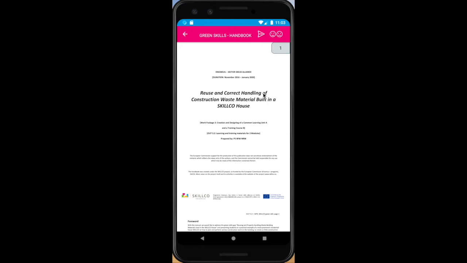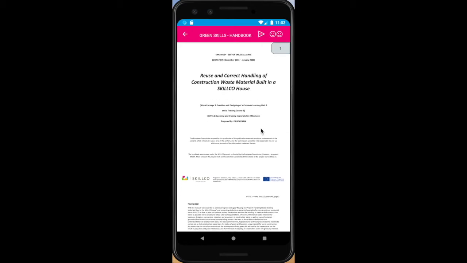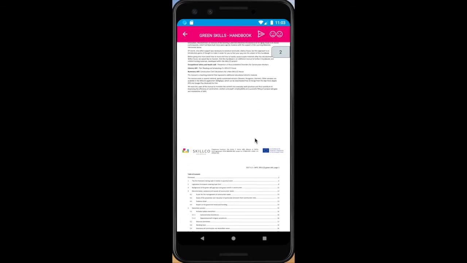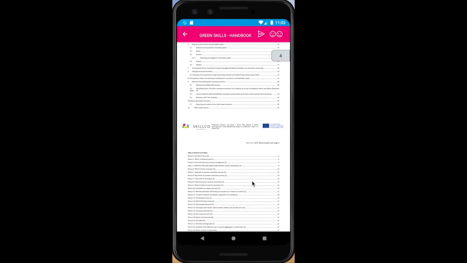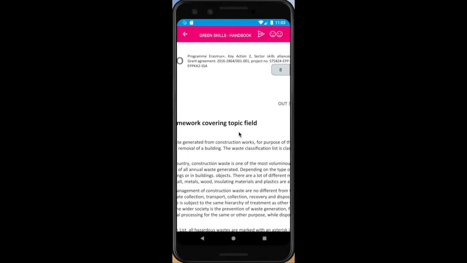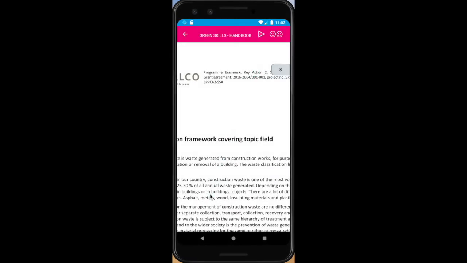One of the main learning materials is the so-called handbook. This paper deals with the selected topic from a detailed point of view. Since it's hard to read in the app, especially on small devices like smartphones, there is a feature implemented to send the handbook as a PDF file by email.